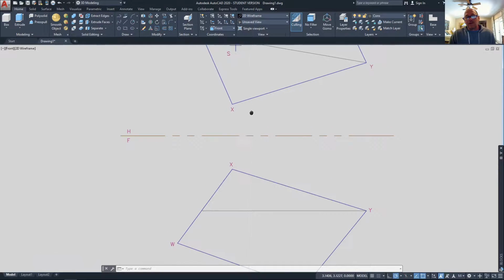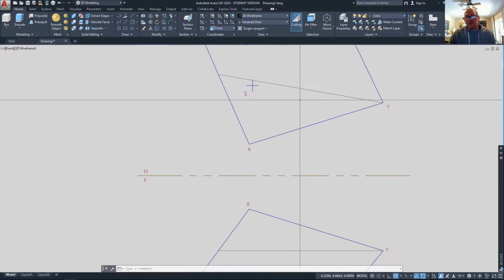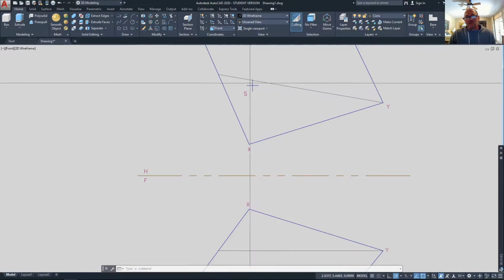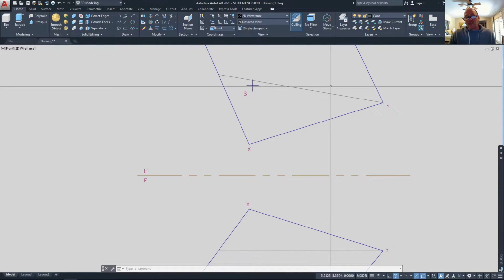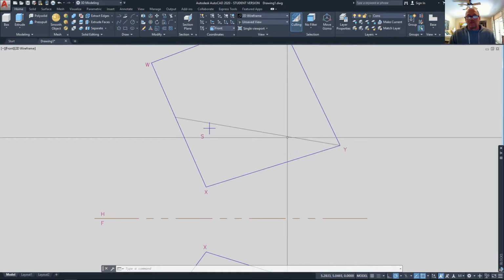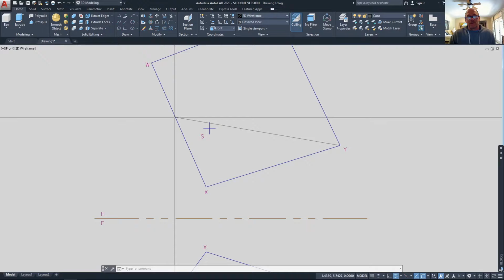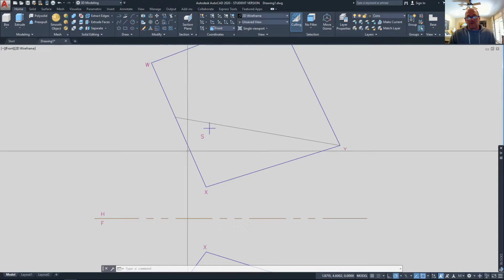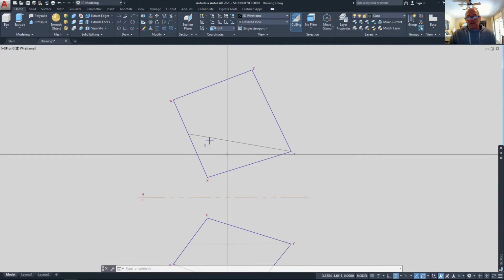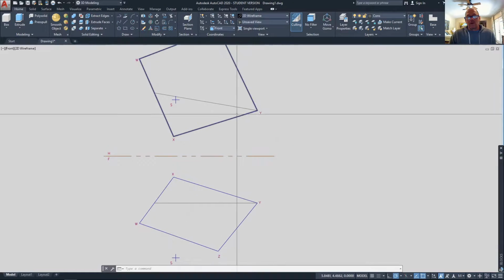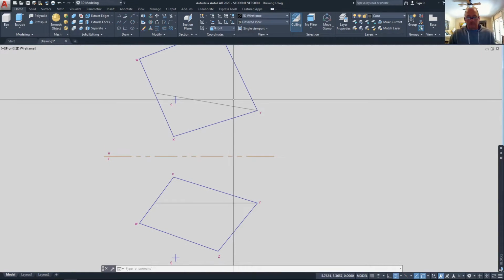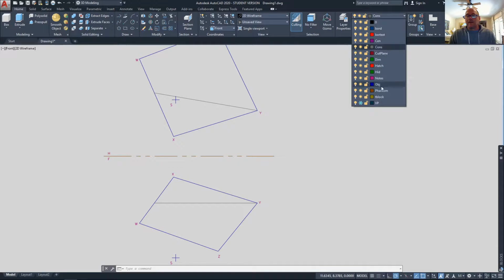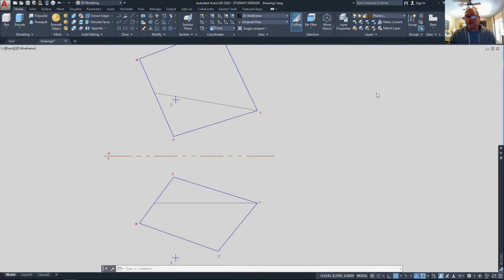In the top view, it has no depth to it. It has no elevation change, in other words, in that top view. So this line from point Y to where it intersects the edge WX is in its true length. Therefore, I can draw this plane in an edge view